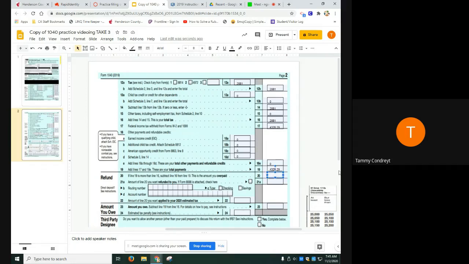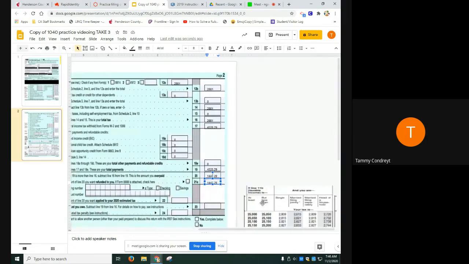So I overpaid $1,047.29. So the amount at 20 is what we'll refund to you. So the government needs to send me back some money because I overpaid. And one way that you can do that is just get it put right into your checking account. So what I gave you for Miss Ann Smith,